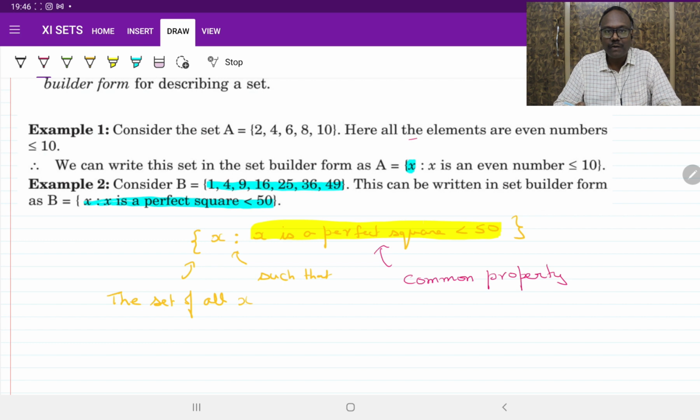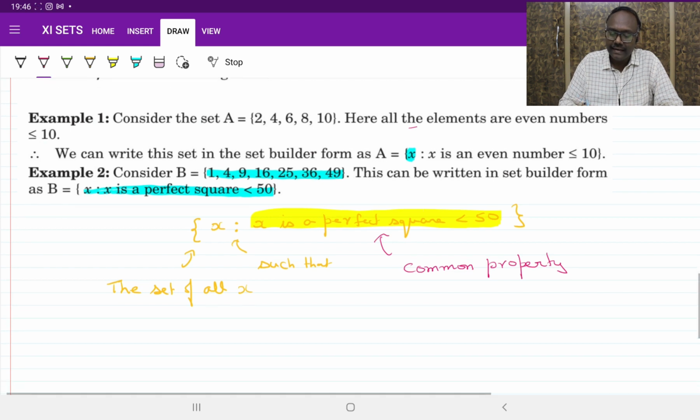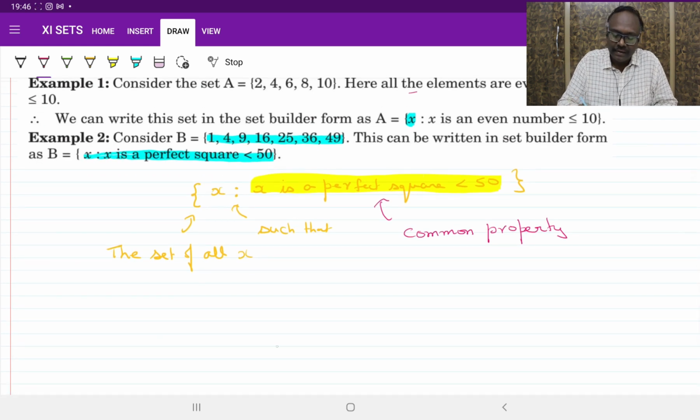Suppose we have multiple properties to be written, then we put a comma and write the second condition also. Let's take another example. Let A equal 2, 4, 6, 8 and 10. Identify the common property associated with 2, 4, 6, 8 and 10. If you observe, they are all even numbers which are less than or equal to 10. So we can write this A as